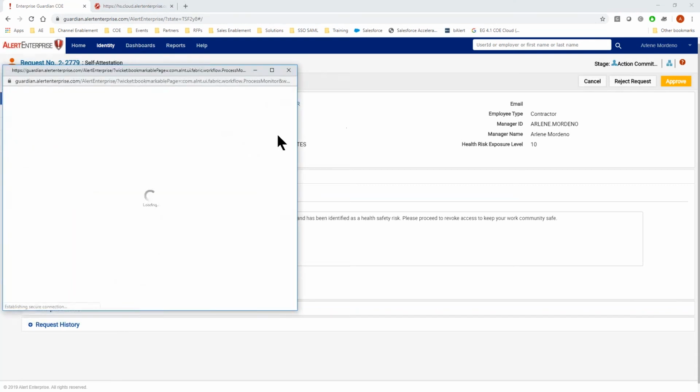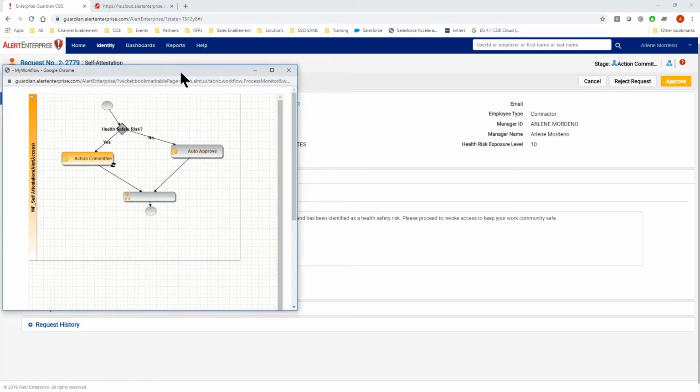But while we're here, let me also show you what the workflow looks like. Here's a sample workflow in our demo environment, where we are simply seeing, after somebody submits a health survey, do they pose a health safety risk? If no, there's auto approve, their access stays enabled. And if they said yes, which in this case she did, it goes to an action committee to take some